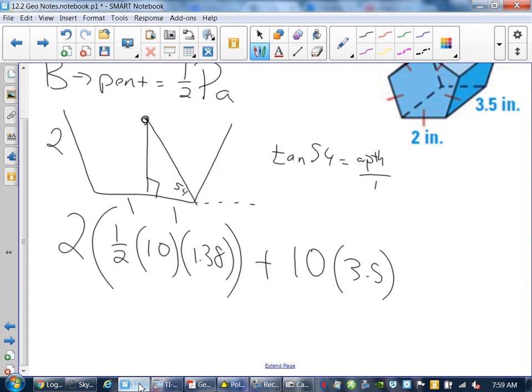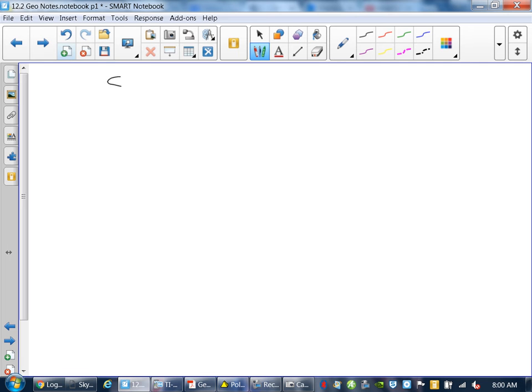Do bases of cylinders ever change? No. The base of a cylinder never ever changes, okay? It'll never change. They're always going to be circles. What changes in the circles is just the size. That's it. So if you think about it, when you start talking about the surface area of a cylinder,